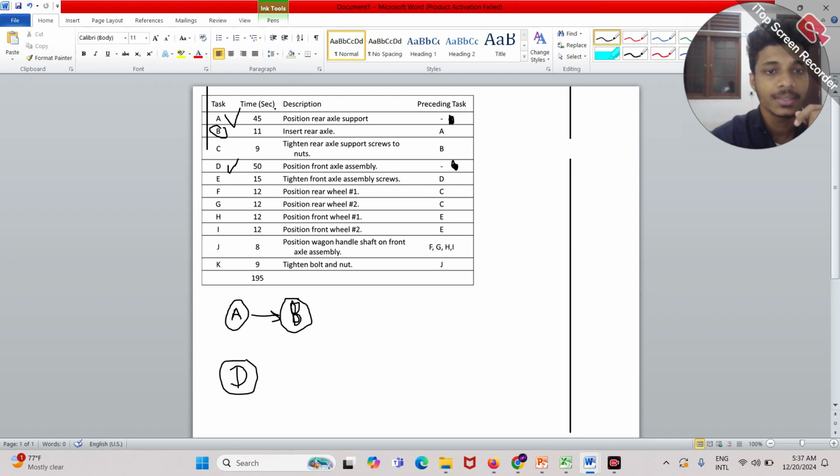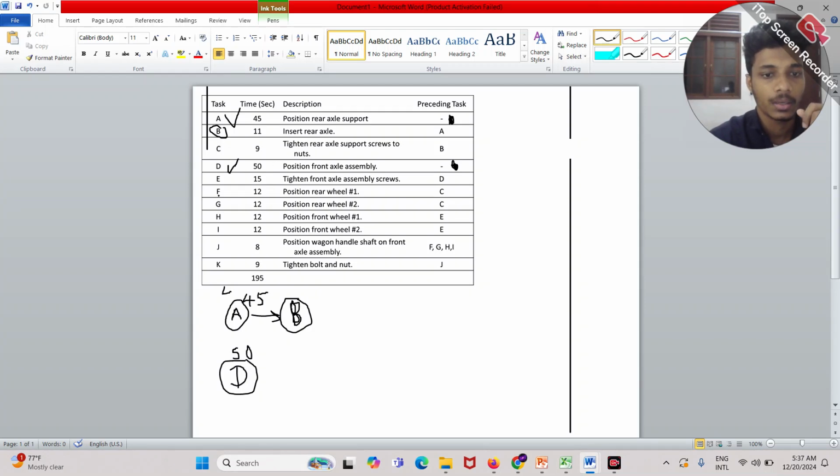And another thing is you have to put the time as well, right? So therefore I'll draw 45 seconds, right? 45 for A, and D 50, right? Then you can see,